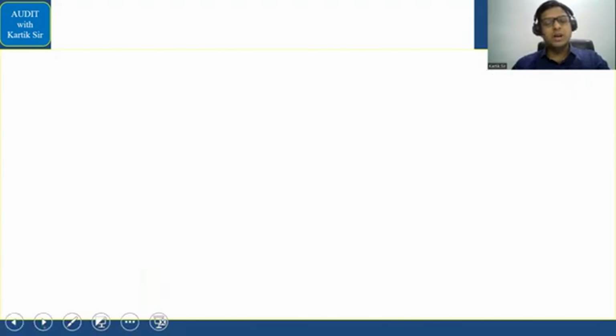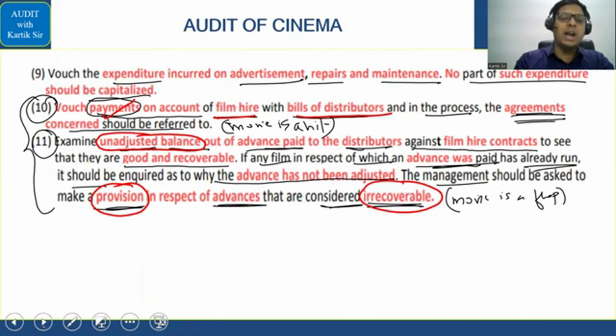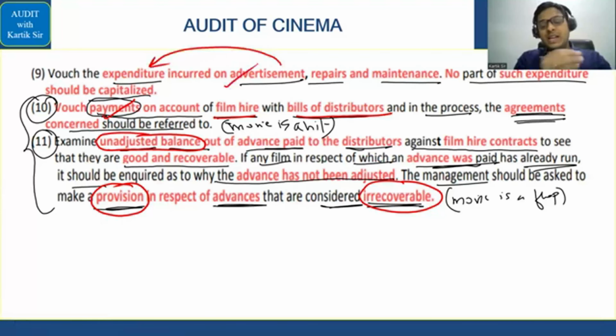Sir, suppose a cinema hall owner himself is doing some ad, then that is advertisement expenditure that is incurred. तो पहले वाला point था ad income और ये वाला point है ad expenses. So ad expense, repair expense, maintenance expense for the cinema hall owner. And after that, in our story, we did that now the movie is going to start.